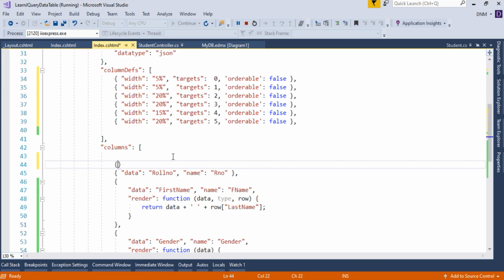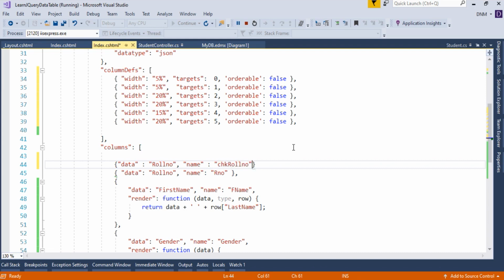So let us put it here. This will be my first column, so that's why I say data. Which data do you want to bind here? Roll number. Then specify a name to this column. It should be in a double quote or single quote, remember this thing. And name will be say CHK roll number.